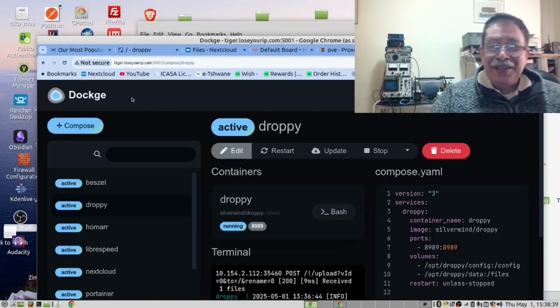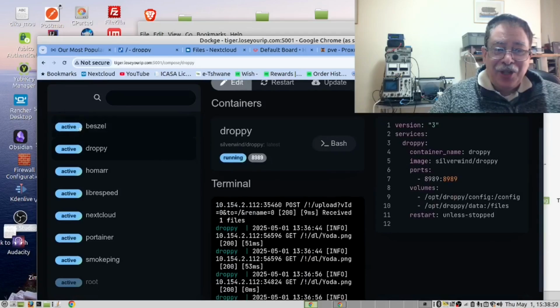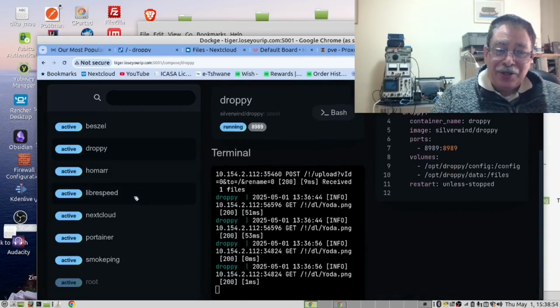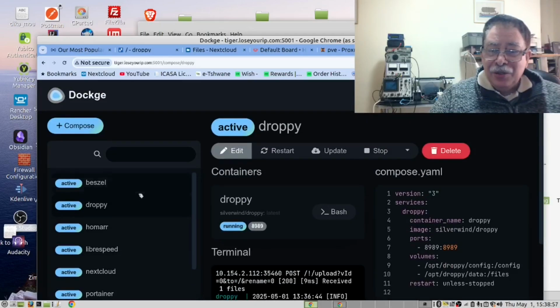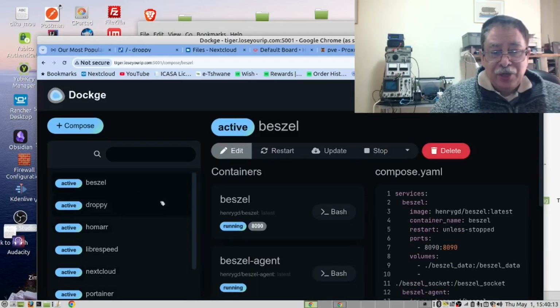The next application we self-hosted is Dockge. Some people call it Dockage. And in this application, I can access all my Docker containers that are running. In addition to that, Dockge has a very useful feature.